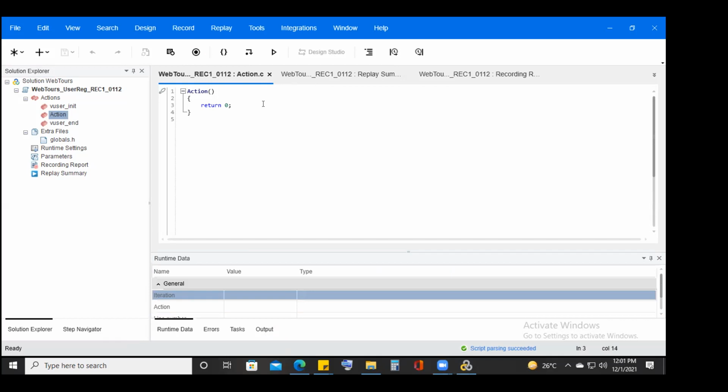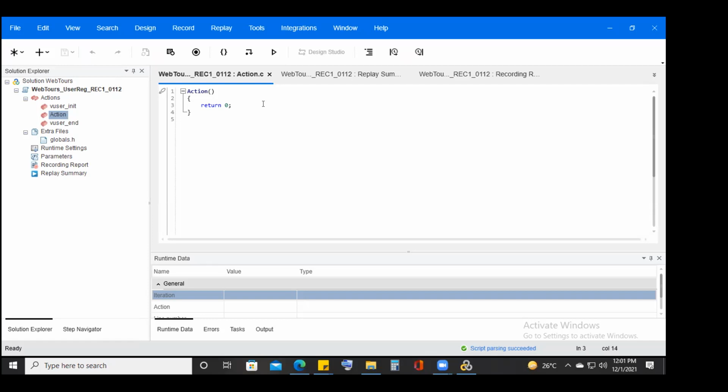Previously, the recording button used to be in red color. From 2020 onwards, they changed it like this, guys. Okay. So this is the option to record the script. And let us understand the different menu options.